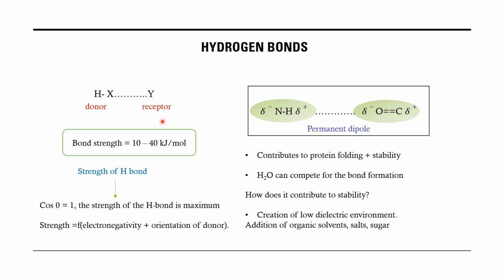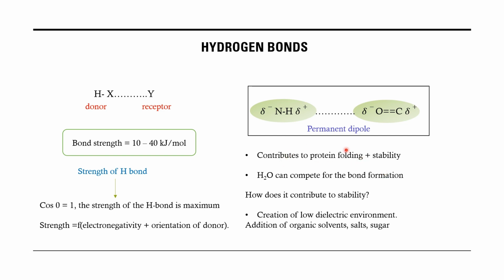Why? Because when the distance between the two electronegative atoms is reduced, there is a repulsive force that is created and it becomes dominant. Why? The two electronegative atoms carry the same charge, meaning there is repulsion between like charges. On the other hand, when you increase the distance between the two atoms, there is a weak dipole-dipole interaction between the NH group and carbonyl group. It does not facilitate the formation of hydrogen bond.